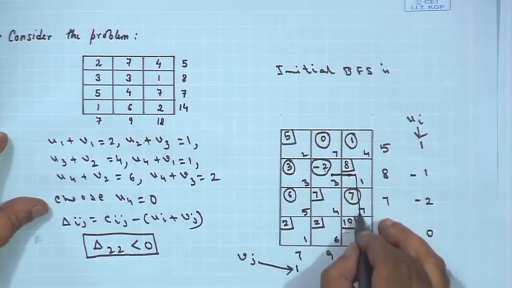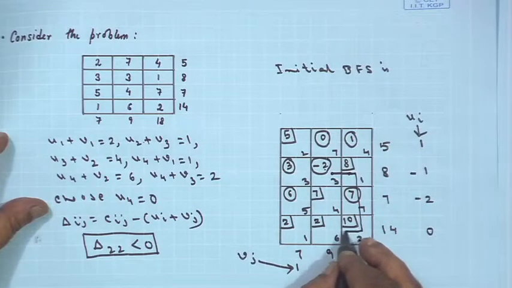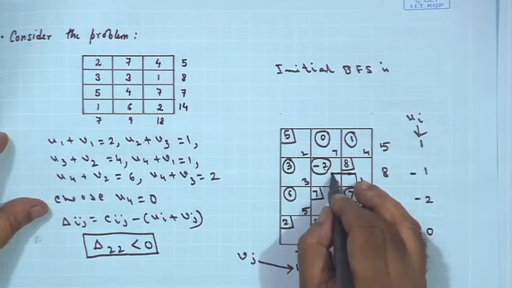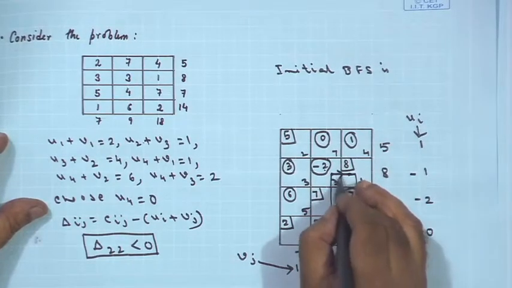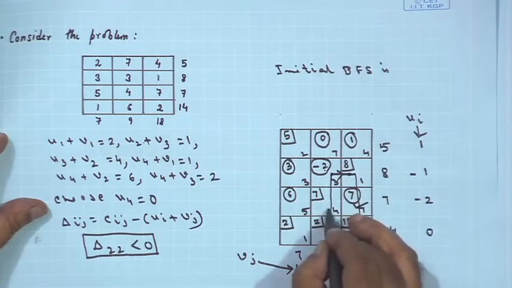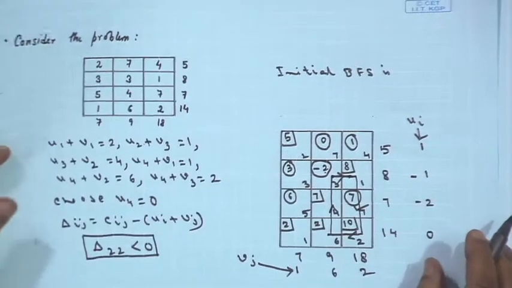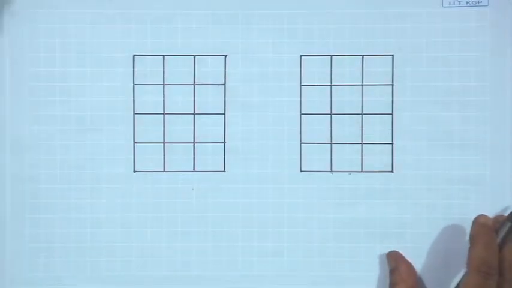So, from here I can go up to this, then from here to this, and then I can go back to this, which will form a loop. Let me just write down